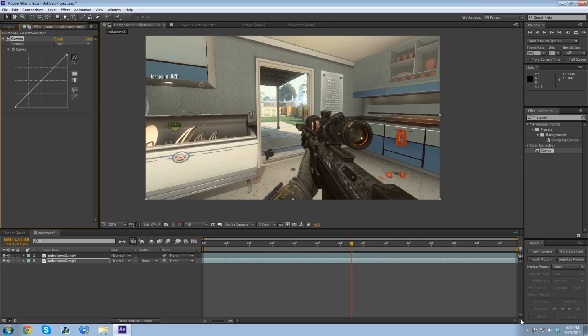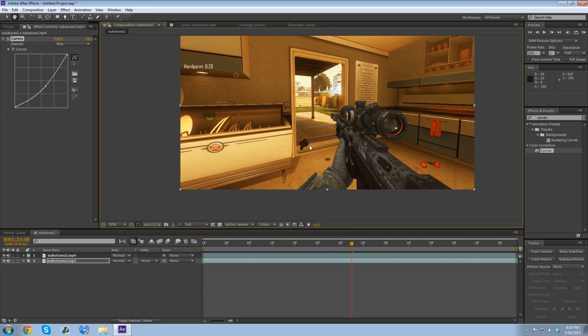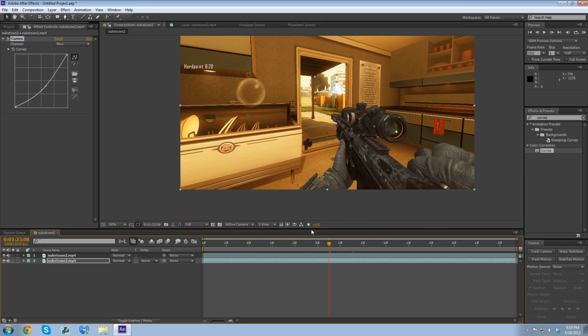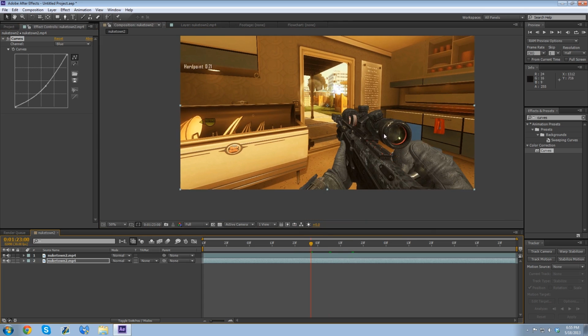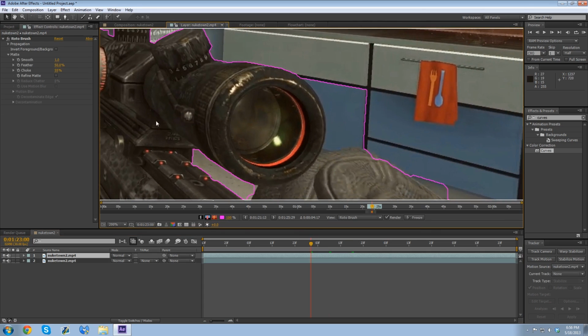And if we put curves on this bottom one, we can bump it down. We can bring the reds up, blues down, and the gun itself is unaffected. And it's going to be like this throughout the whole thing, without you having to go in and actually frame by frame manually